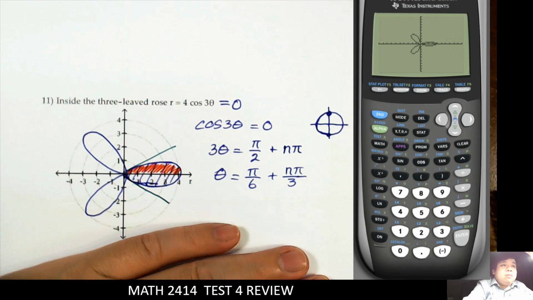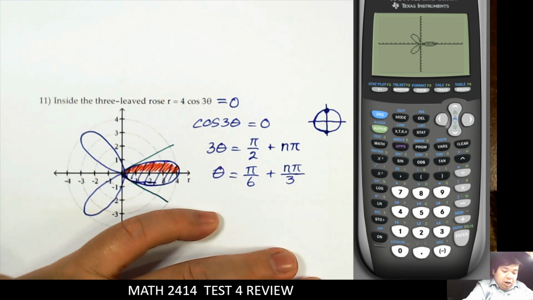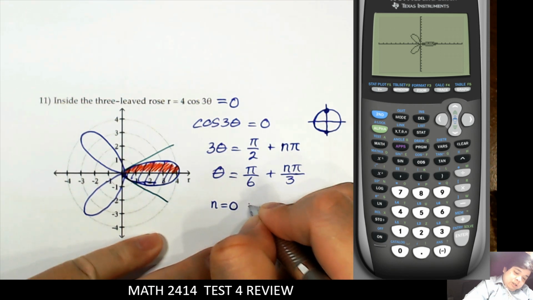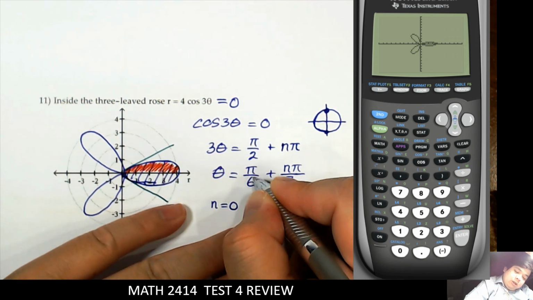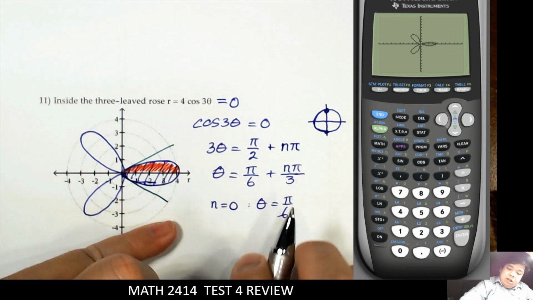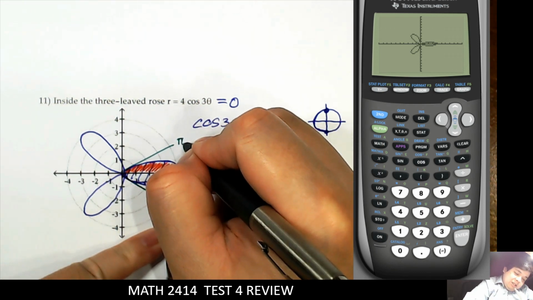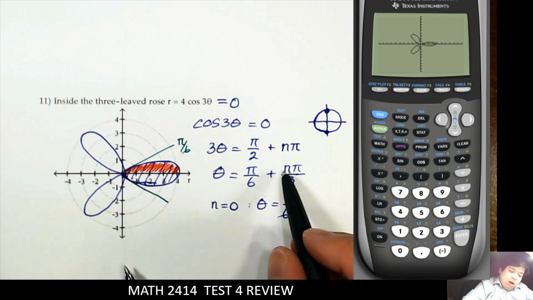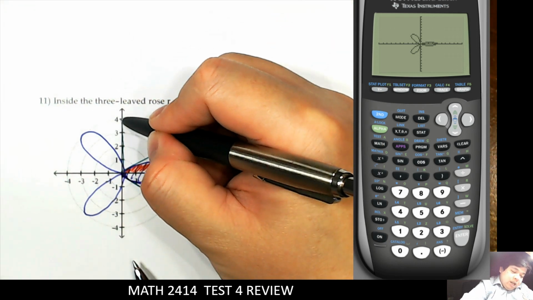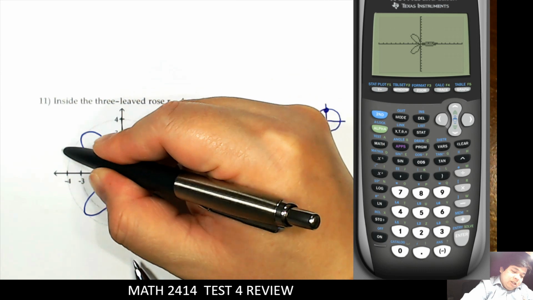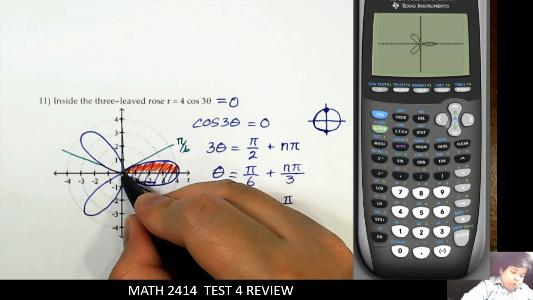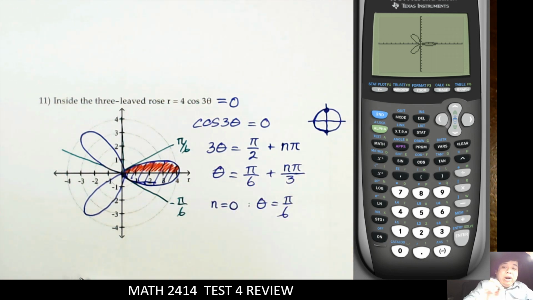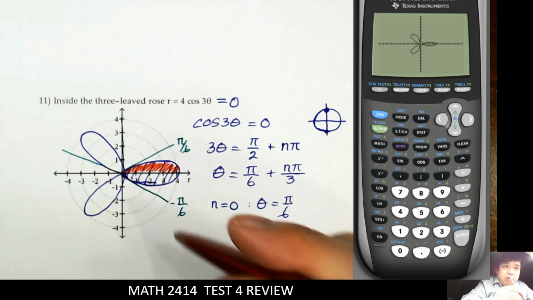Right. Then we can choose. If we choose n equal to 0, then theta equals pi over 6, which is this line. And if we choose n equal to 1, we have pi over 2, which is next, and then this. Bottom line is, if we choose pi over 6 here, the other one will be negative pi over 6. If only one half of the petal,